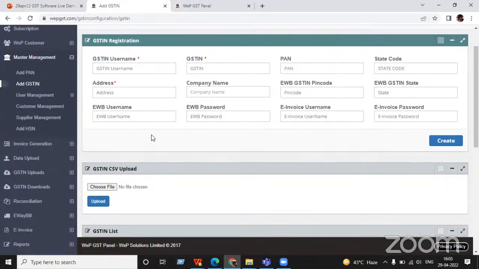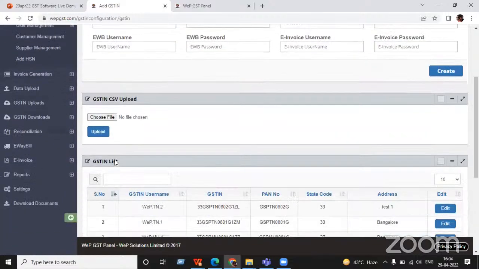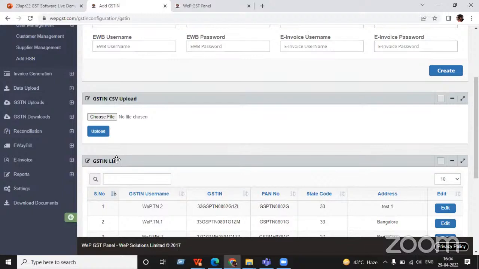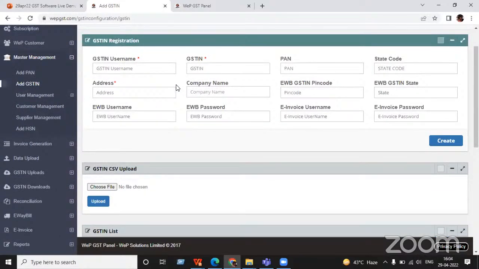For adding a GSTN, we have two options. First we have manual, and second we have the CSV template. Suppose your GSTNs are more than 10 or 5, it will be a headache for you to add GSTNs one by one.